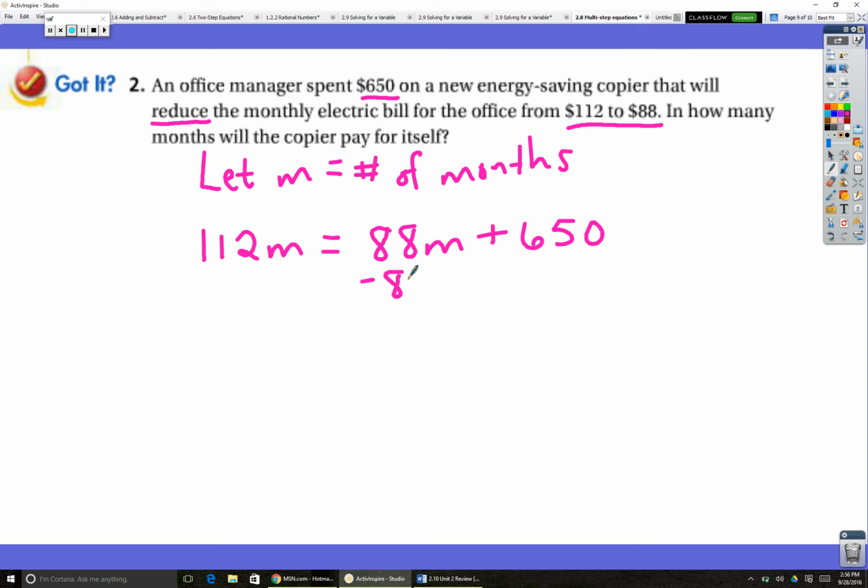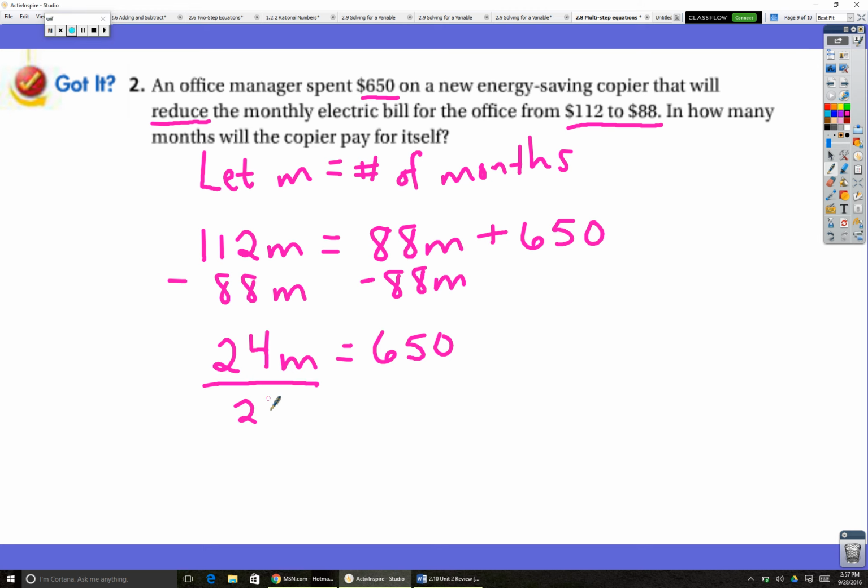I'm going to get the variables on one side, so I'm going to subtract 88M, and I get 24M equals 650. Okay, now dividing both sides by 24 gives me that M would equal